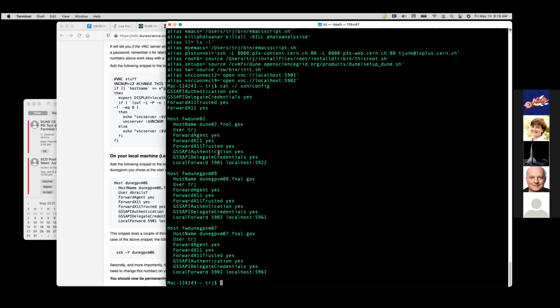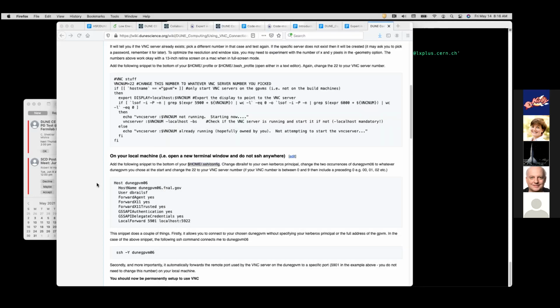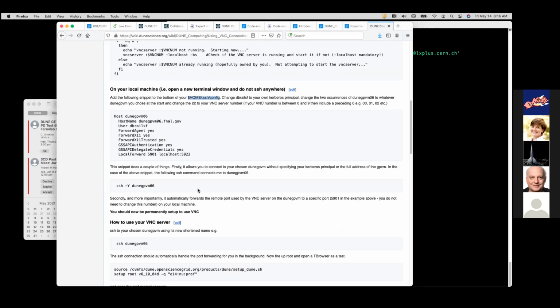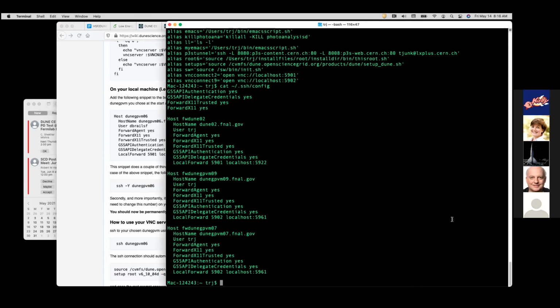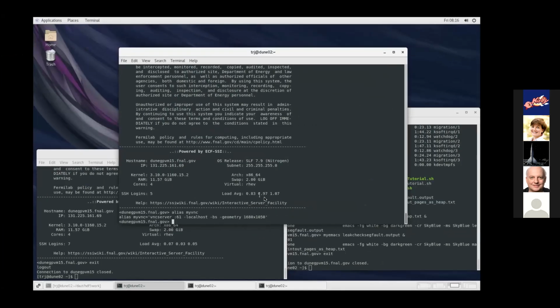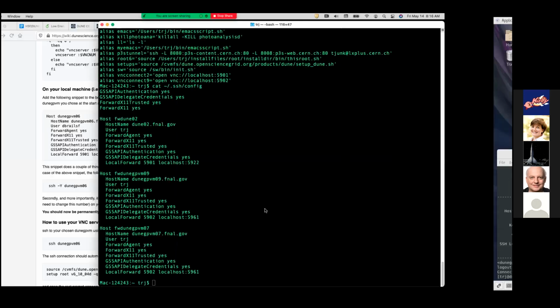And then there's my own desktop, which is an ancient PC sitting on my desk over at Fermilab. So I mostly use my own desktop because people aren't using decache and it doesn't even have decache mounted. So the VNC sessions are nice and responsive. So then what I do on the GPVM is I execute this alias command here. And then on my